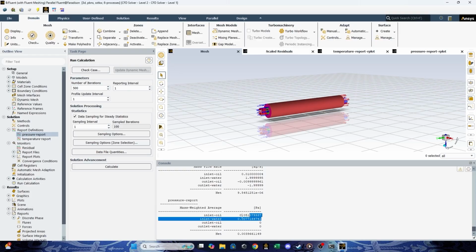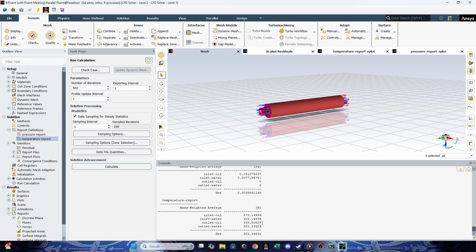So this is the specification that you need to define what kind of pump you should use for this case, for this heat exchanger, so that both fluids can flow through your heat exchanger. And then after that, the temperature you can see here. Also the same as for the pressure, you can go here and choose compute, and you can see the inlet oil and inlet water are still the same as we used before.